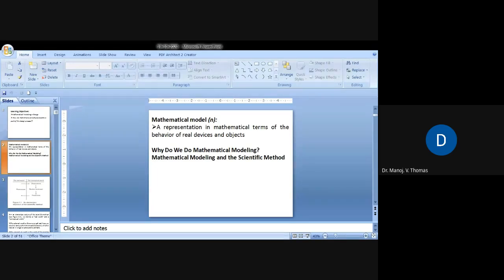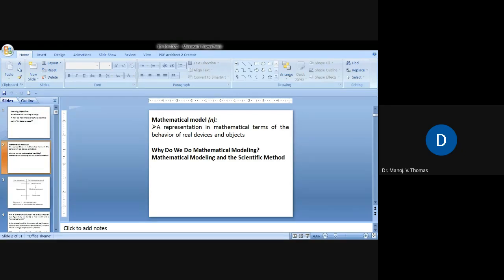In Kerala, what would be the population? So we will have some assumptions. If the rate of population growth has been observed as so and so for the last few years, then based on that, this will be the prediction. So we will predict that this will be the population, say in 2030. That way we can use this mathematical modeling. What I mean to say is that mathematical modeling is quite important in engineering.